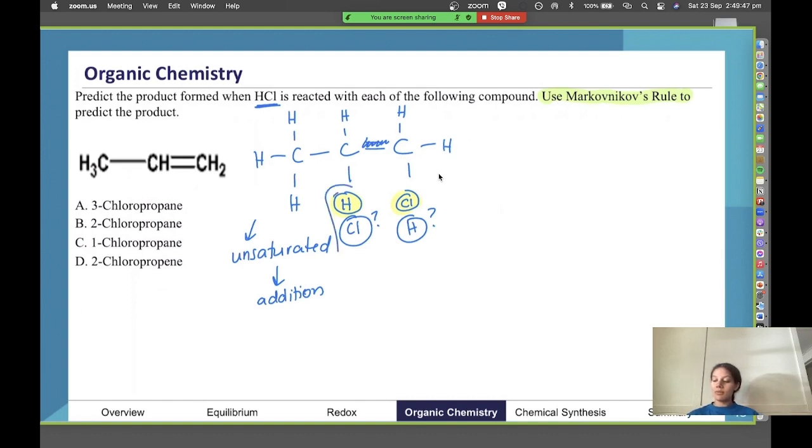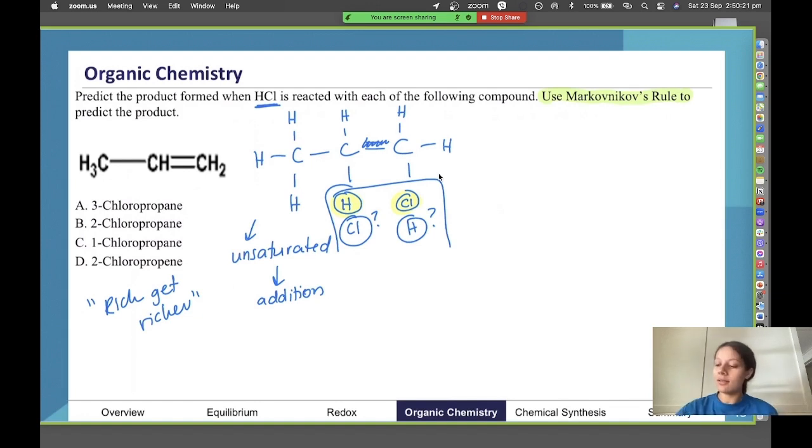If we pretend we have not placed these things yet, we look at the carbons that have these free spaces. If you want to form the major product, the product that forms most of the time, the way it works out with electronegativities, and I have these little phrases that are really useful for remembering these chemistry concepts, is the rich get richer. What I mean by that is that the carbon that has the most hydrogens, most of the time, is going to be the one to gain the hydrogen from whatever you're adding.